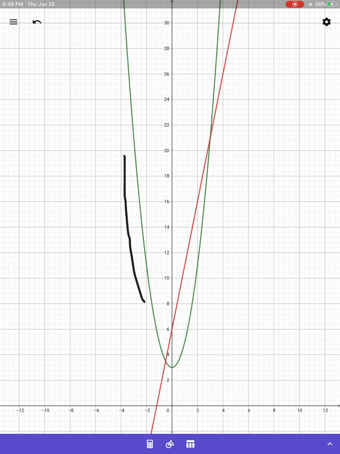If not, you can arbitrarily take values of x, calculate f of x and g of x, and plot the graphs. If you are asked to plot it manually, you will be given such simple functions where you can plot it and identify the intersection points for smaller x values. If you are asked to plot using a graphing calculator, it would be a little complicated. Based on that, you can use either of the methods and use the techniques that I taught you now to find solutions of equations as well as inequalities.